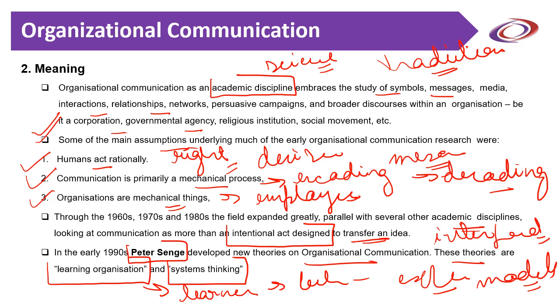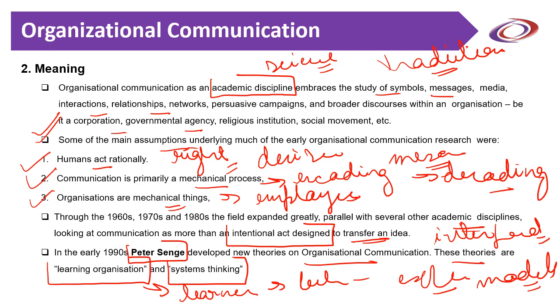Then we have upward communication. Herein, this is another classification, upward and downward communication. Upward refers to communication from the subordinate to the superior in the form of complaint, grievance, suggestions, or feedback. It originates from the subordinate to the superior. So it moves in the upward direction from the bottom to top. For example, communication from branches to the regional office, from regional office to the zonal office, and from the zonal to center. These are upward.